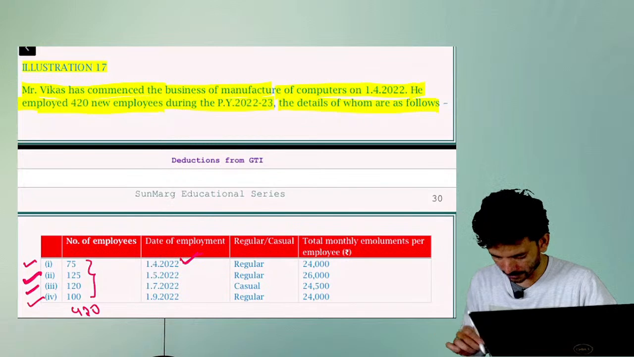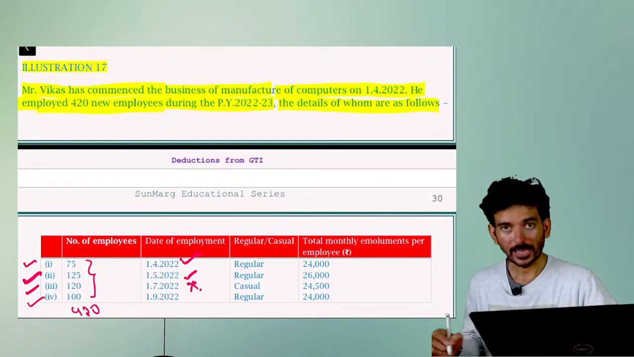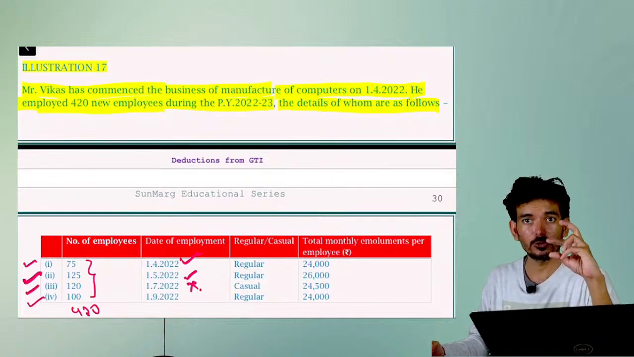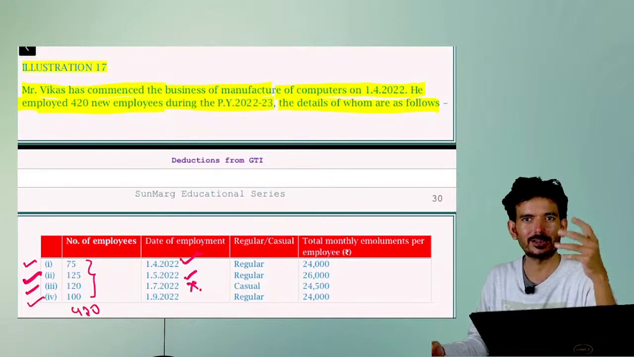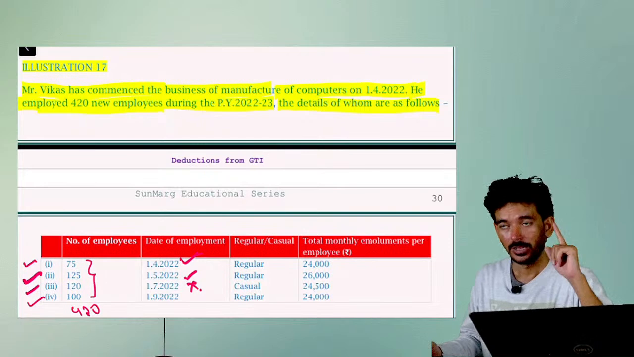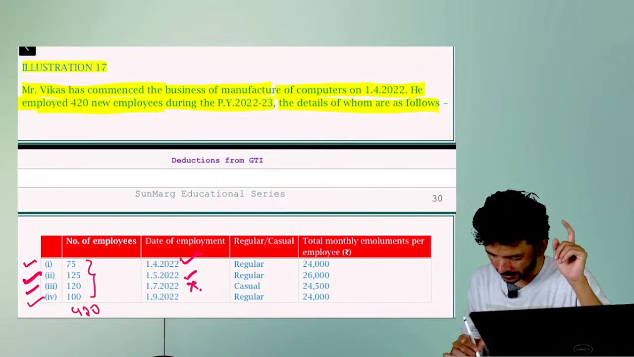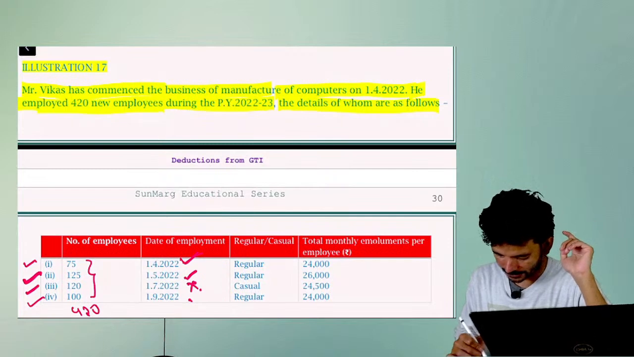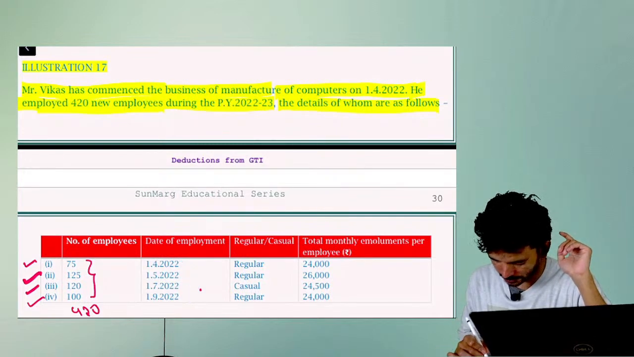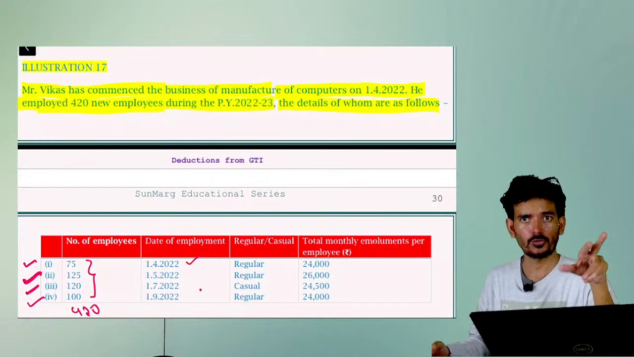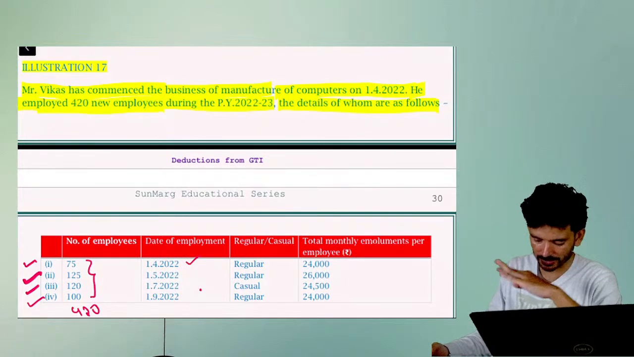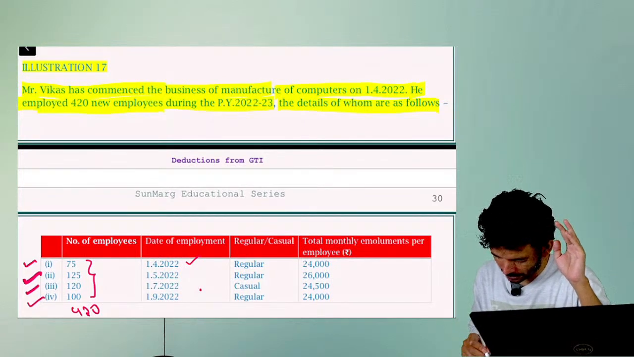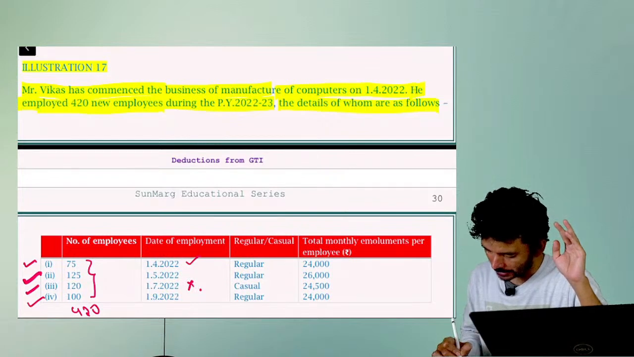First, casual employees are not eligible. They should be regular employees, not casual or contract employees. And this one is also regular. Just calculate the number of days. For the first one it's eligible. For the second, you calculate whether 240 days are coming, from May till 31st March of next year. And these are all not eligible because they are casual. And the total